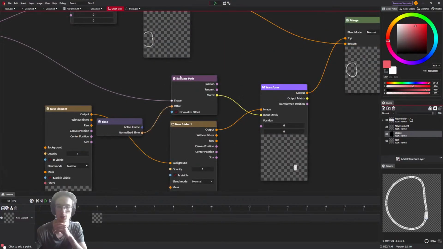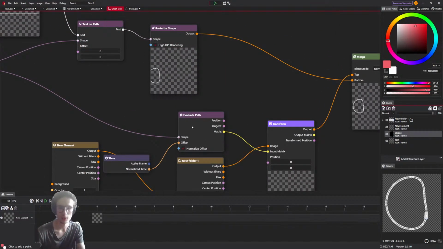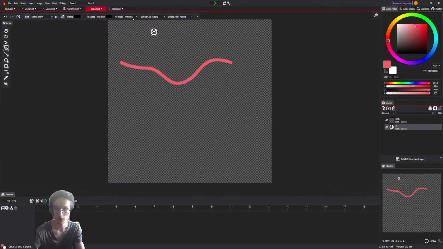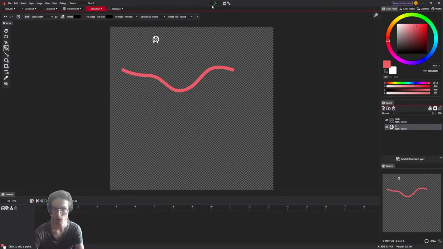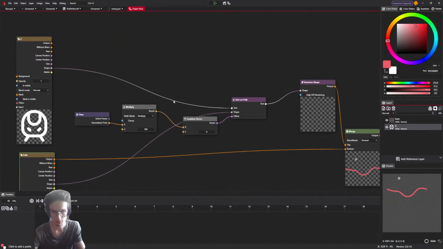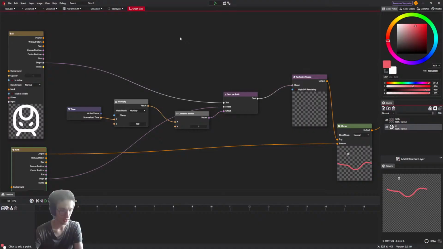Okay, I see. I am doing here with evaluate path. I mean, this is even more flexible than the thing I showed here, because that is limited to text on a path instead of any layer on any path, right? Anything but images. Yeah, I'm waiting for a day where someone just takes nodes and runs a game in it.